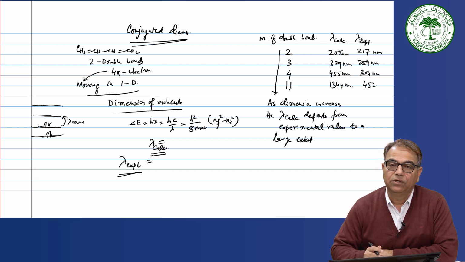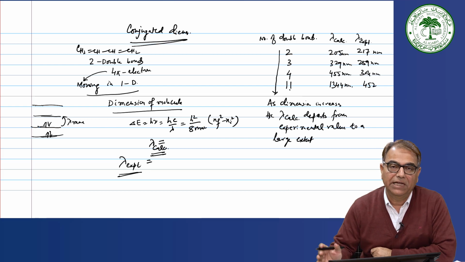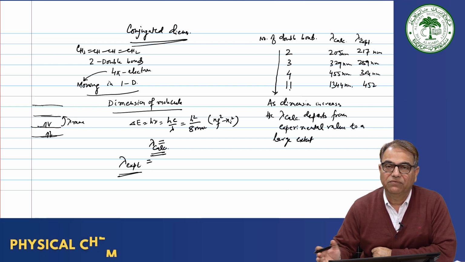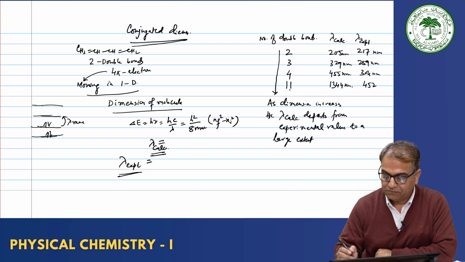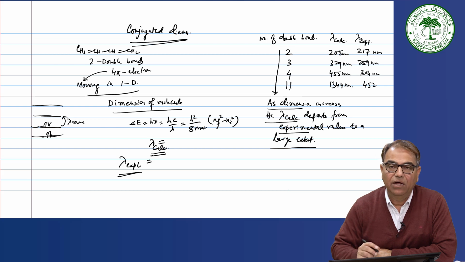And I told you that if you increase the dimension, then dimensionality leads to departure from the quantum mechanical results. Also, discreteness is lost for a larger system, and you get a band structure like this one. Even though it departs, it gives you a good idea how to calculate the lambda max value